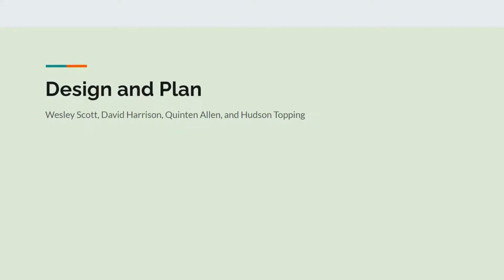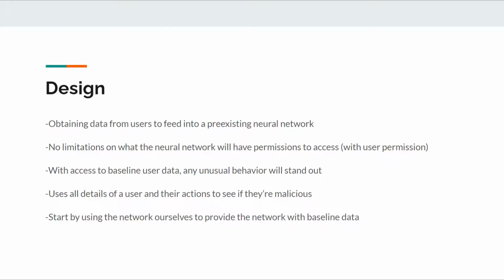Our design and plan. In order to approach the design of this project, we need what most deep learning software needs: data. Once we, of course, have that data, then it comes up to us with how to use it to best find the balance between protecting data, protecting users, and supplying them and not overreaching. This data from